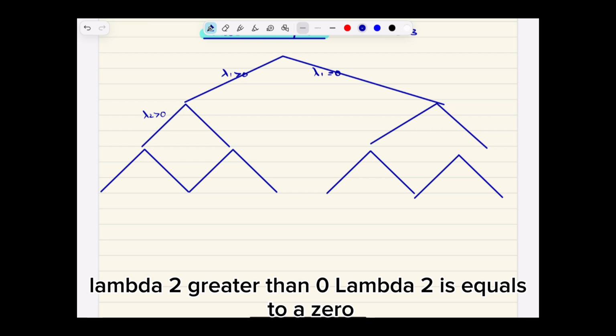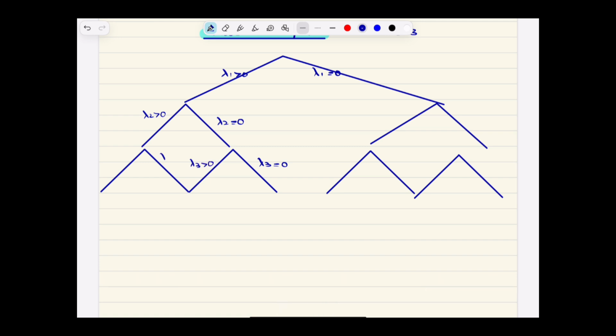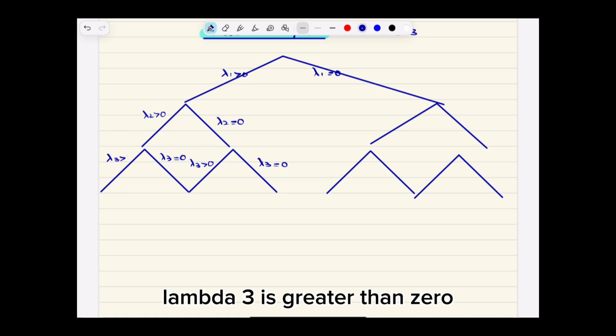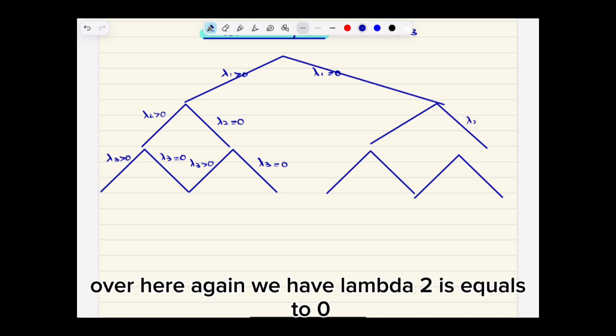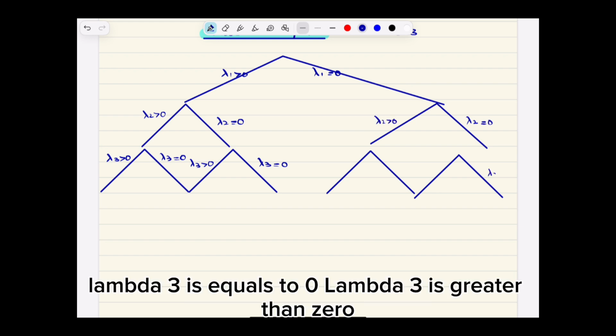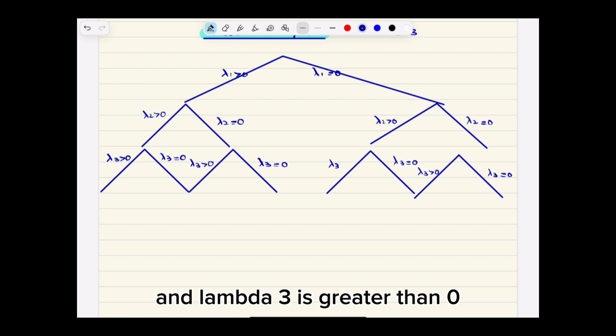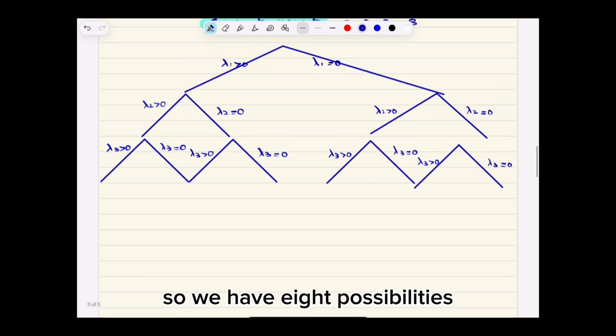Lambda 2 greater than 0, lambda 2 is equal to 0, lambda 3 is equal to 0, lambda 3 greater than 0, lambda 3 is equal to 0, lambda 3 is greater than 0. Over here again we have lambda 2 is equal to 0, lambda 2 greater than 0, lambda 3 is equal to 0, lambda 3 is greater than 0, lambda 3 is equal to 0, and lambda 3 is greater than 0. So we have 8 possibilities,